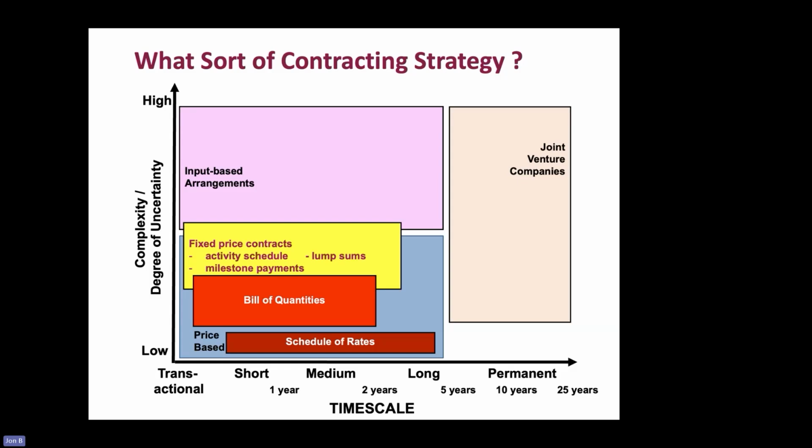Now let's apply that to activity schedules, where clients specify the activities. For simple works, such as under the short contract, especially if they're linear, that might be appropriate. But for works of any complexity, where clients specify the activity schedule, you're in danger of doing the same thing to some degree. Other things that clients do is they limit the number of activities that can be in the activity schedule. I have some sympathy for that,